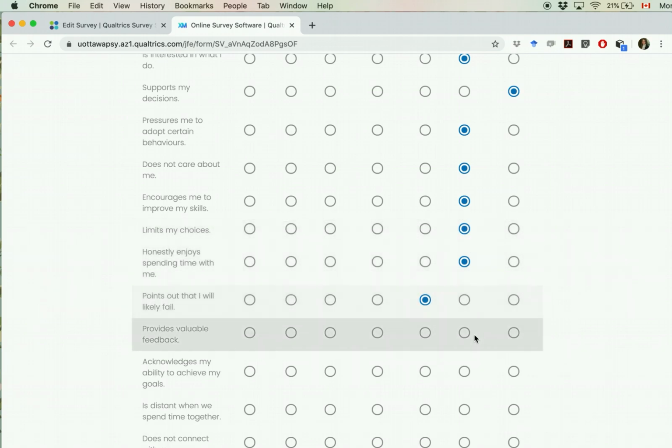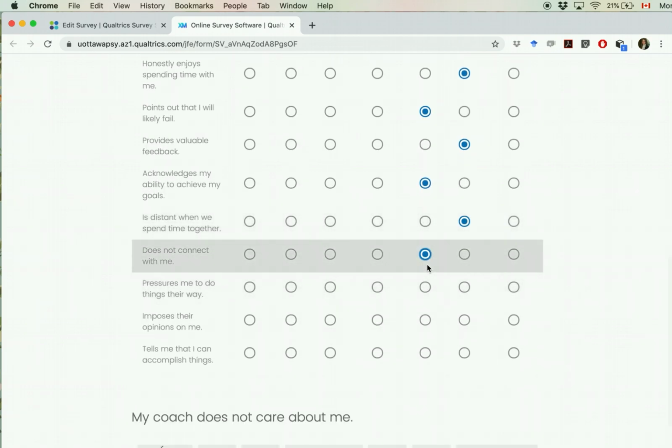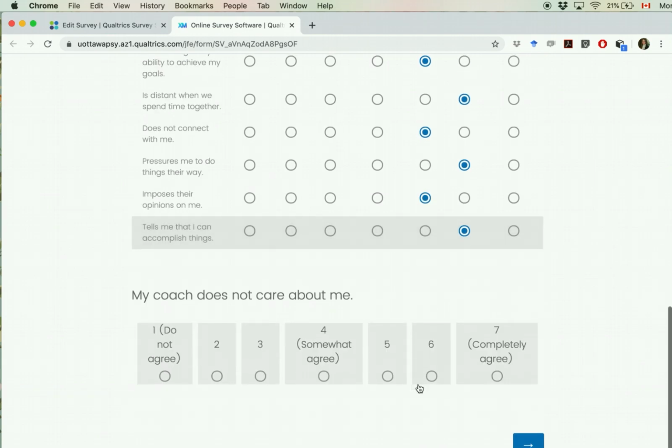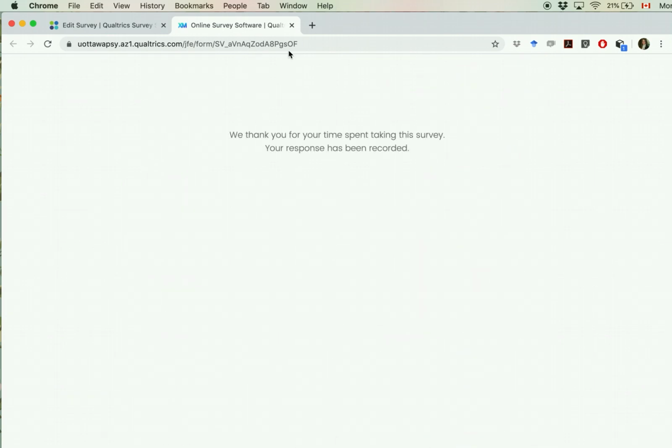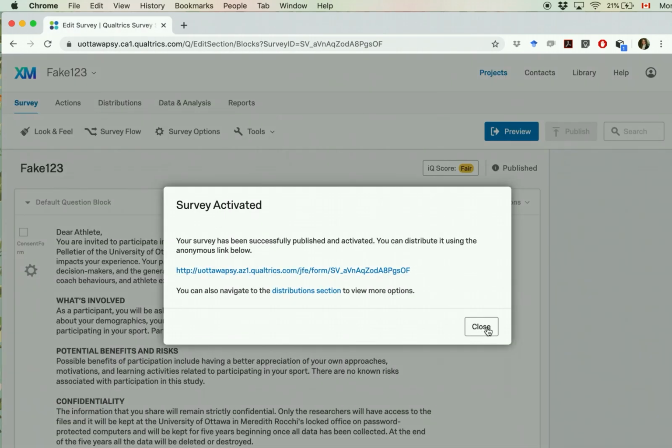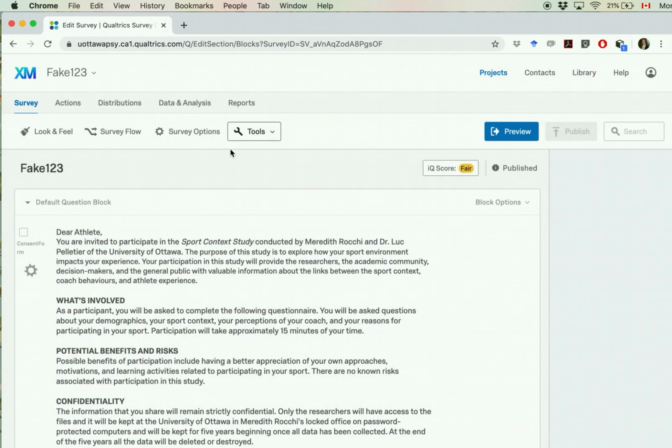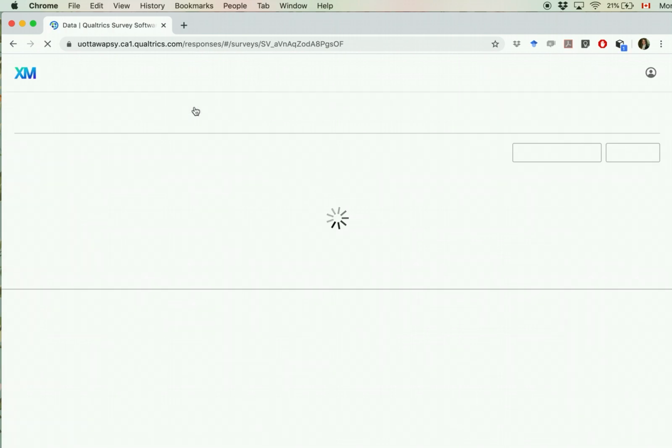I'm answering randomly. Please don't actually do this if you're ever participating in a survey. This is just for demonstration purposes. And then I click next, and we're done. So I close that. So then on the user end, what you would do if you want to actually see your data is you would click on